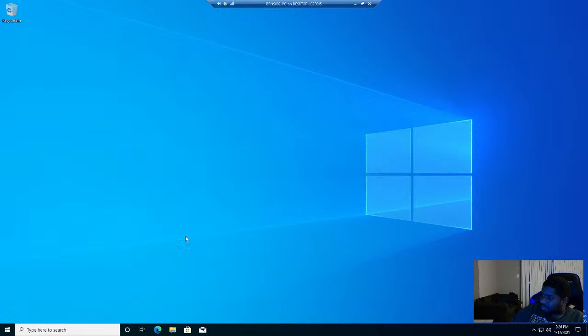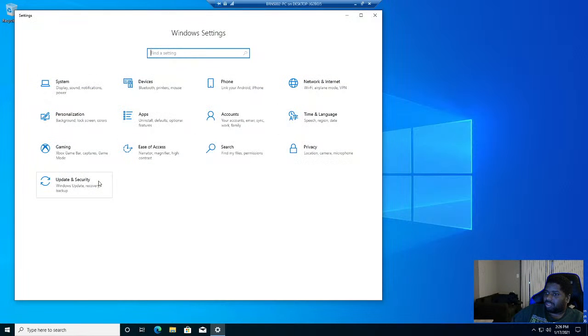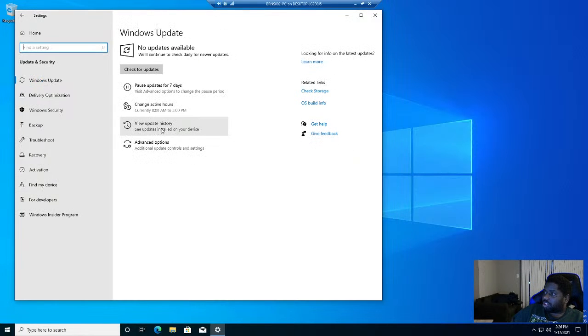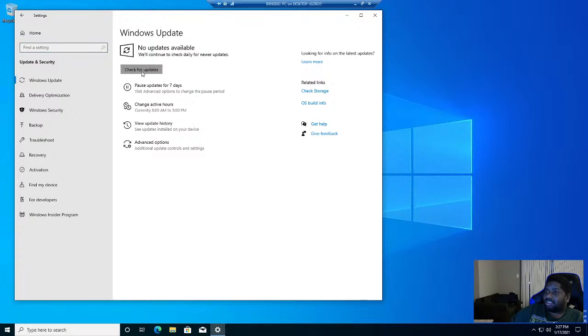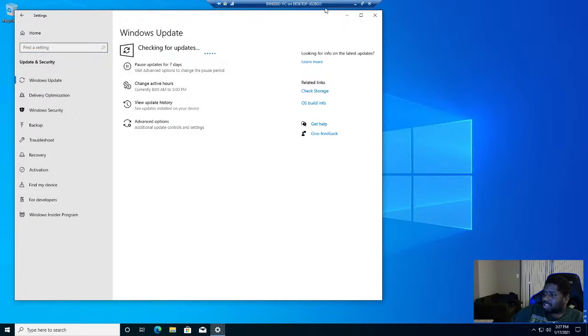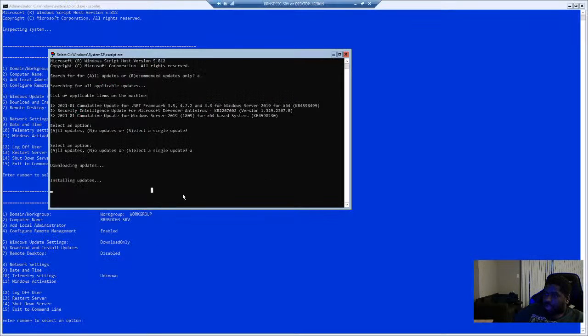Okay, and we'll do the same thing on this workstation as well. So go up to settings, update and security, advanced options, make sure that these are turned on, and then click check for updates. Let those two get up to date, and then we can go back to the